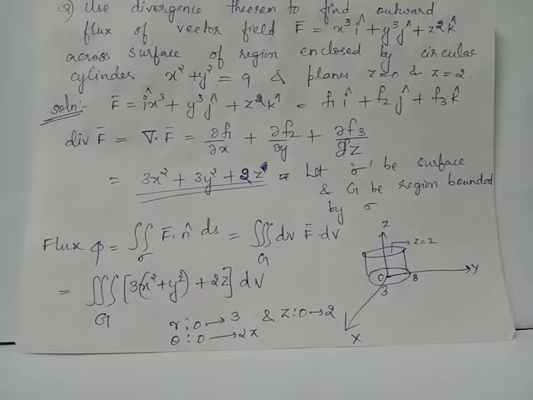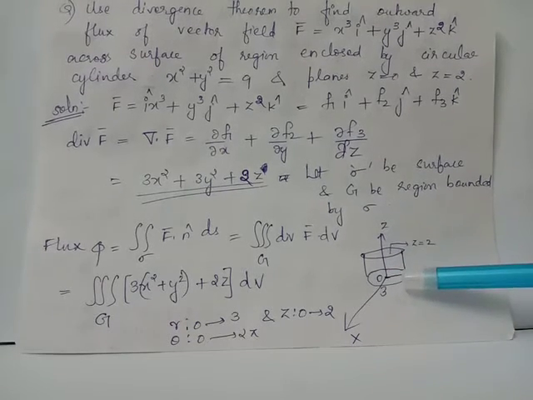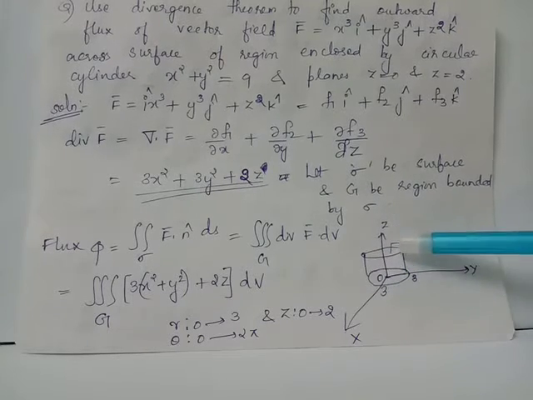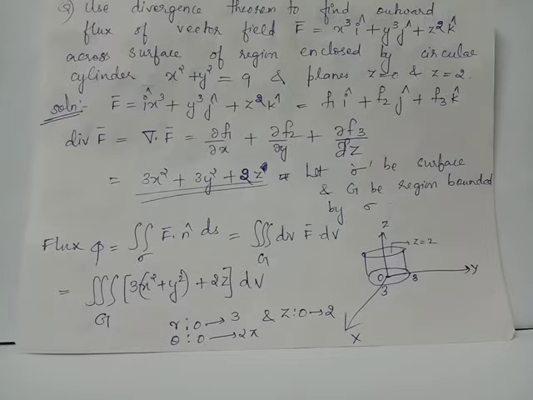The given solid is a circular cylinder which rests on the plane z equals 0 and whose height is determined by the plane z equals 2. Laterally it has a circular surface and on the top and bottom it has circles which form the surfaces. In total, for a circular cylinder there are 3 surfaces, circles on top and bottom and the lateral circular surface.